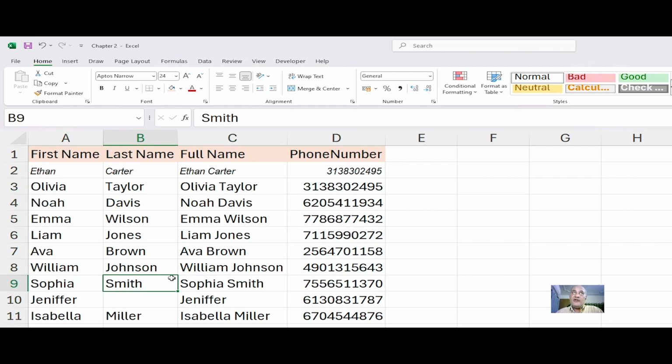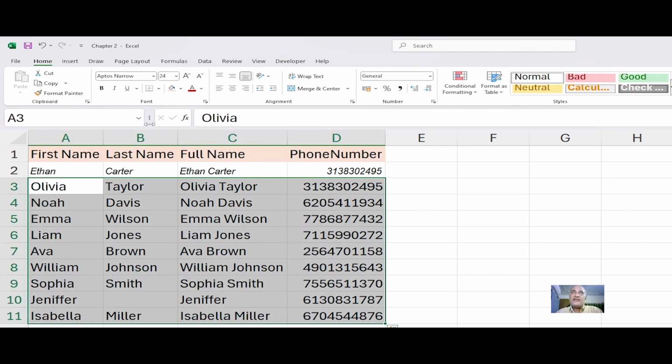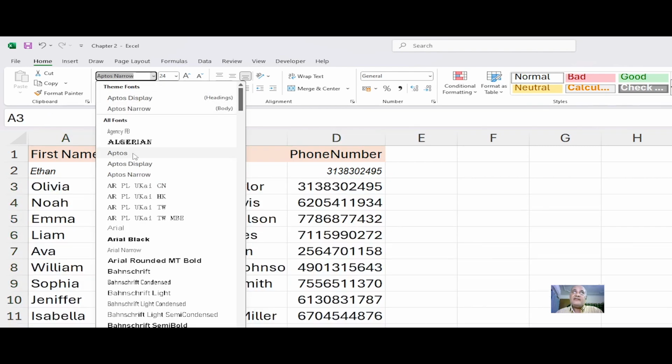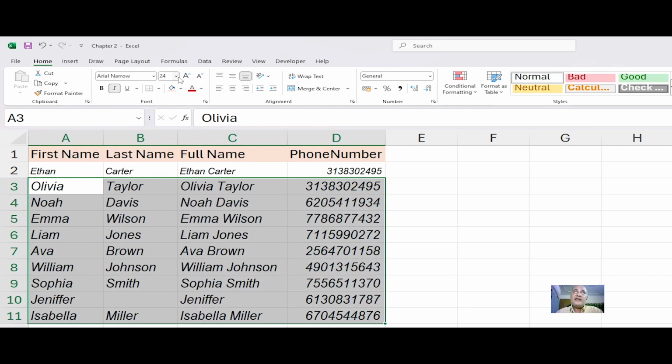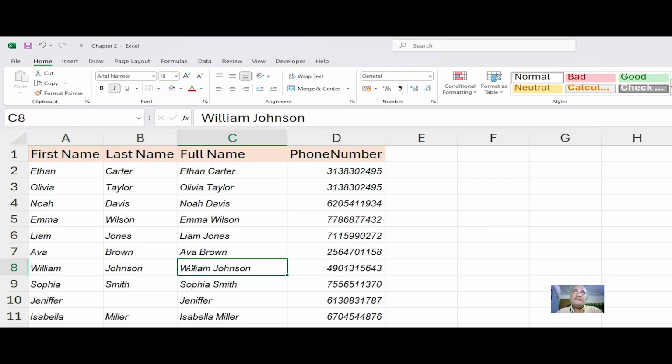So the easier way would have been to select my entire text and say, okay, I'm going to do Arial Narrow, italics, and then let's say a font size of 18. So that was one way of going about it. But if this needs to be done in multiple sheets, or there's data which is too huge to be selected at the same time,